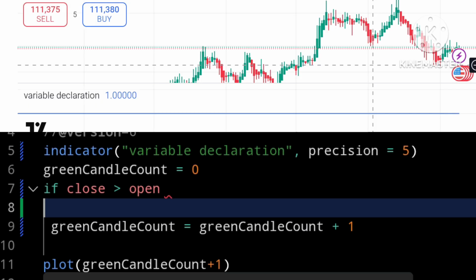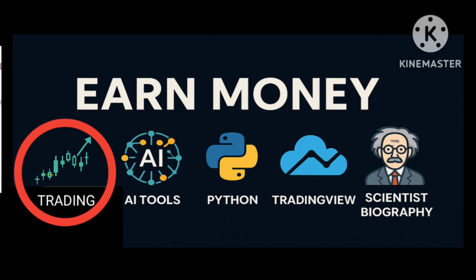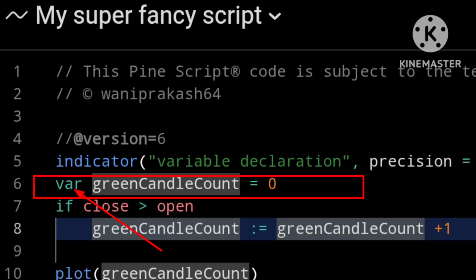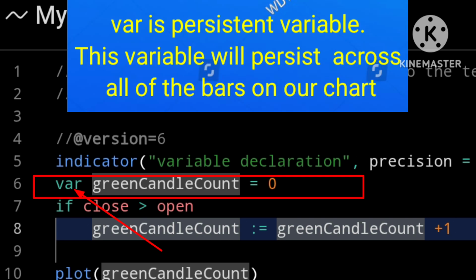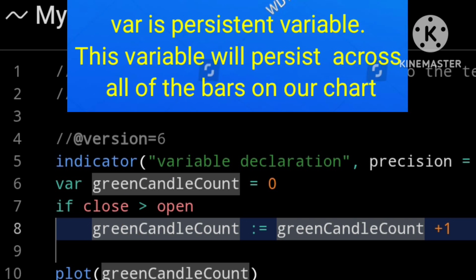If we want this variable to not update on new bars but to persist across all of the bars on our chart, we need to use the var operator. So we convert this green candle count variable into what is called a persistent variable. So this variable will now persist across all of the bars on our chart.